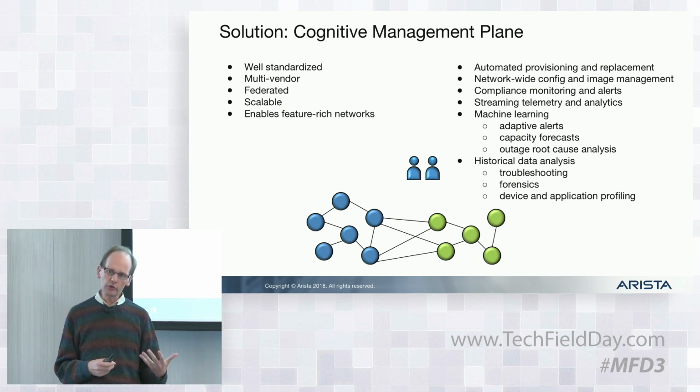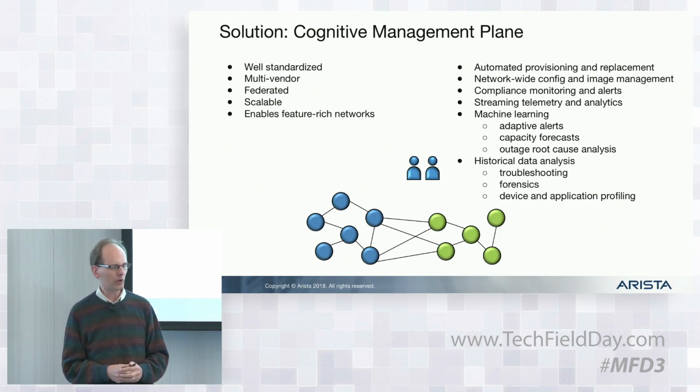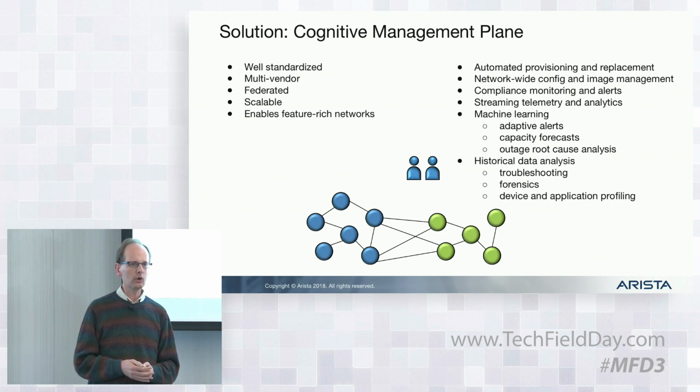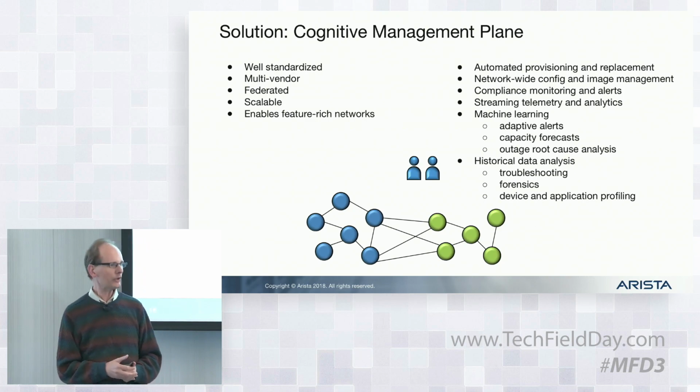enabling our customers to build a management plane that does the kinds of things that the most advanced operators have built themselves around the automated provisioning of equipment. When equipment fails, replacing it with new equipment and having it just work on its own. Network-wide configuration updates, network-wide image management when you need to roll out new software, compliance monitoring, alerts, making sure your network is behaving the way it's supposed to be behaving, streaming all the telemetry information out of the network and analyzing that, using that as a source for machine learning that can do things like adaptive alerts, make capacity forecasts,